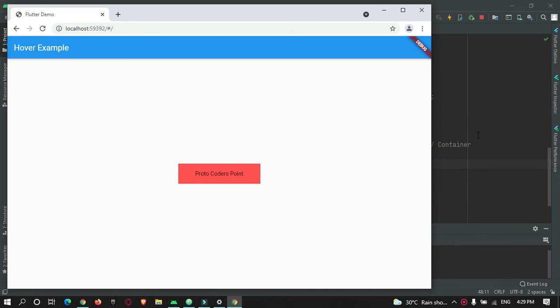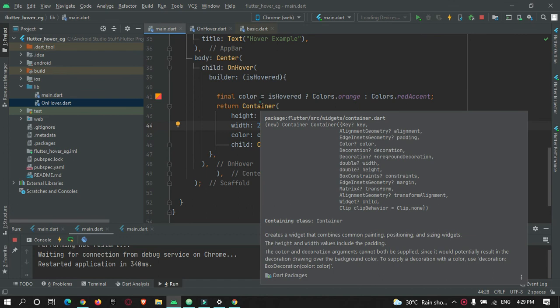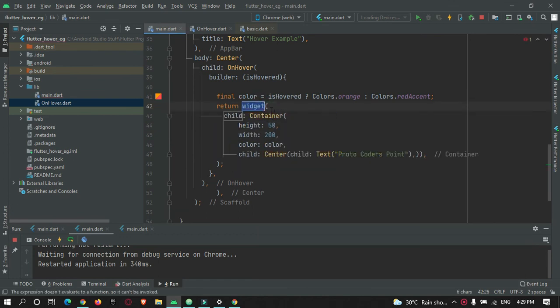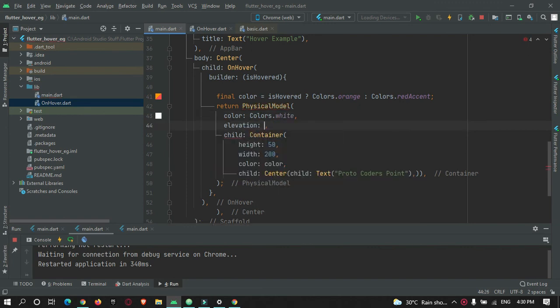Okay, so now let's add one more feature. So let's add an elevation to this container. So for that, we will just wrap the container with physical model. Okay, so in this physical model we can make use of color, and we will just set the color as white. Okay, and the main thing is elevation.